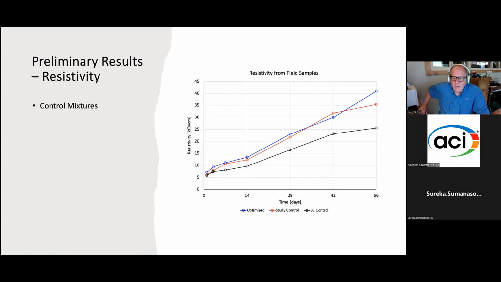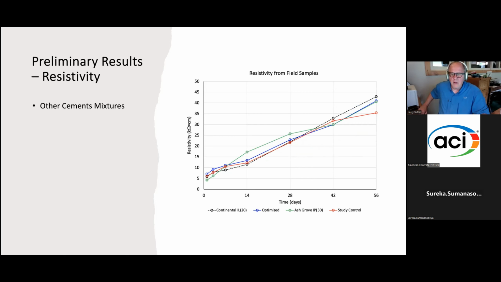Again, we look at the control mixtures and how they all compare to each other. We can throw the carbon cure mixes on there, and they group very tightly around the carbon cure control. And then we can look at the natural pozzolan mixes, and it looks like I got a wrong slide in there. That's the wrong data. Apologize for that. And then the other cements, again, all tracking very closely with the control.